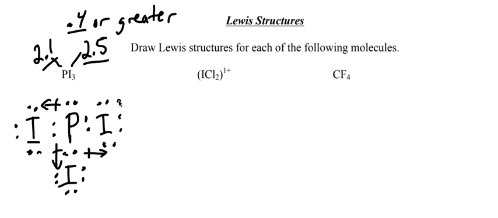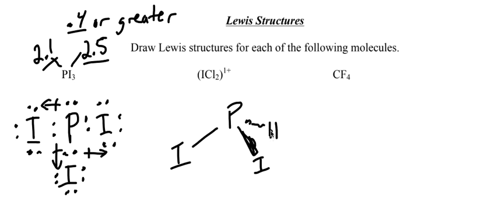Then you need to think about the shape. In reality, for PI3, since the shape is trigonal pyramidal, you can kind of think of it as like this. I know that we could draw them as coming out at you and back into the paper, but three-dimensionally, it's really more like this. Oops, that's supposed to be an I. So in reality, all these negative charges,